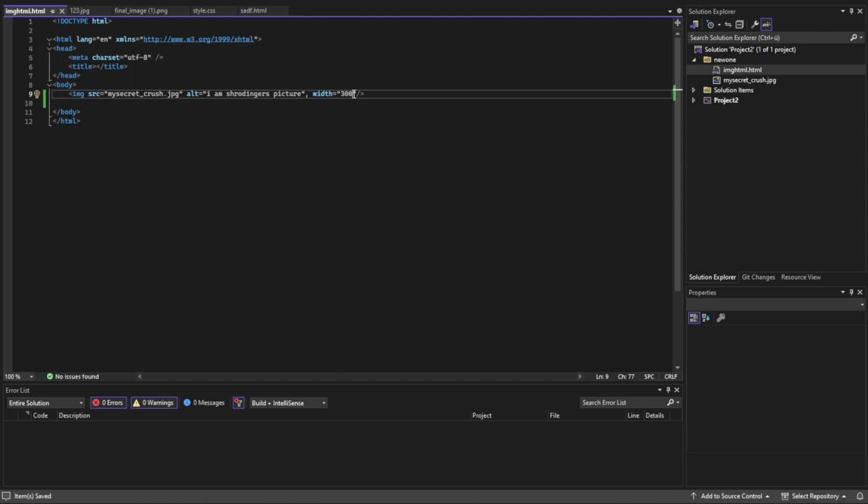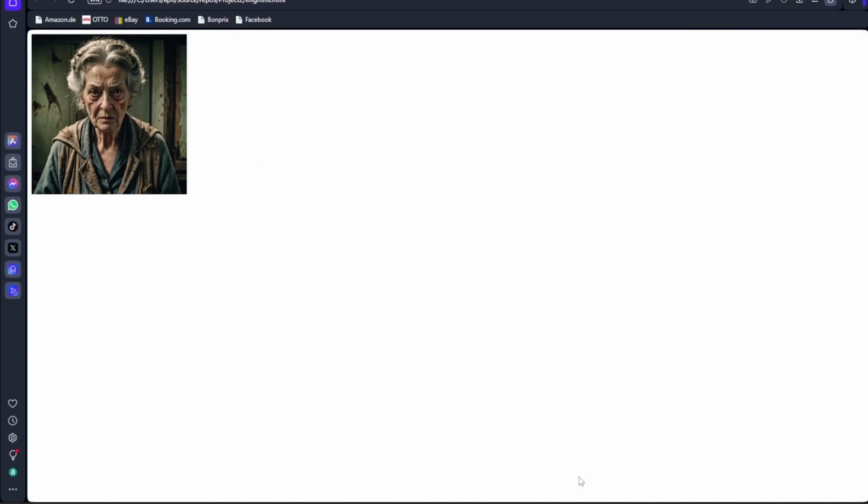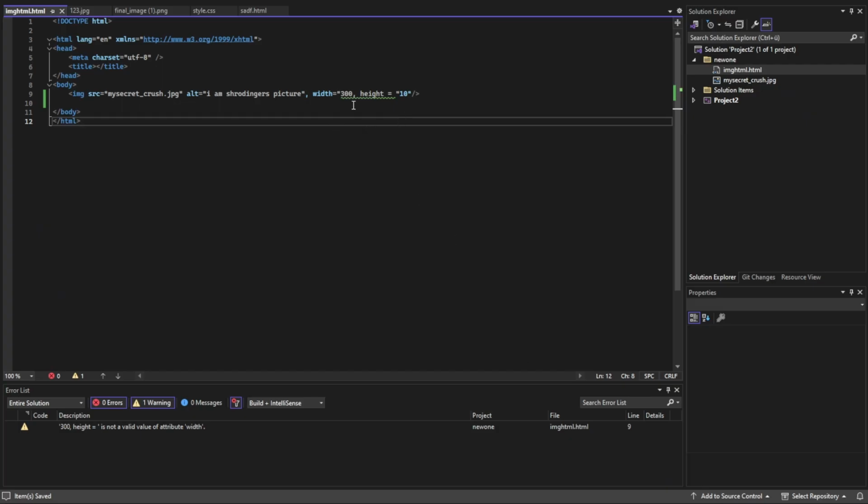And if we now do both, this is wrong. Oh, come on, why is this not working? Now it should be working. Now you can see it is made like this. It entirely has a new size.